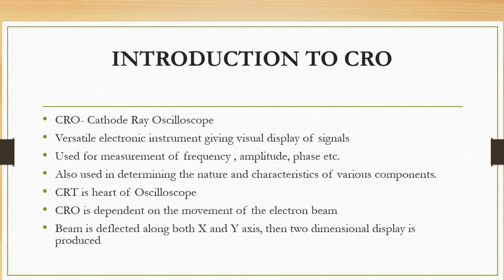The main thing is that the electron beam strikes the fluorescent screen, and that beam is deflected with the help of the x and y axis, or horizontal and vertical deflection plates. We will study that in depth. If you study the internal structure of a CRT, which is the most important thing in this chapter, then you will understand more than 50% of the working of a CRO, or even more than that.